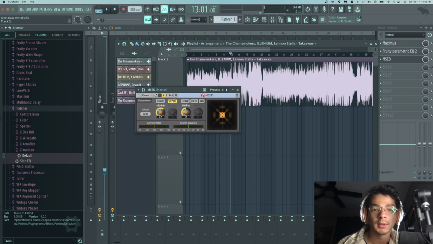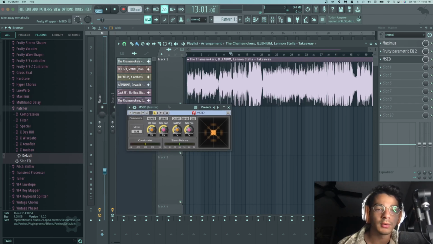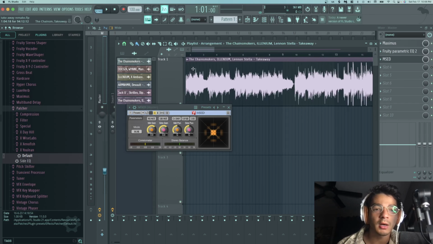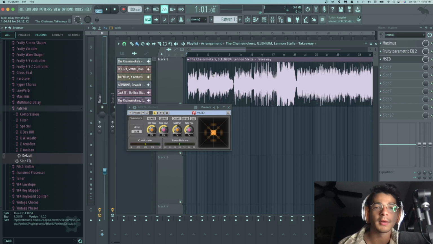So what I want you to do is first download this tool. It's free, and I will share the link for that. And I want you to analyze the same song that you were just analyzing, but now use this MSED tool and try to figure out what parts of the song or what instruments are more in the middle and which instruments are more on the sides.